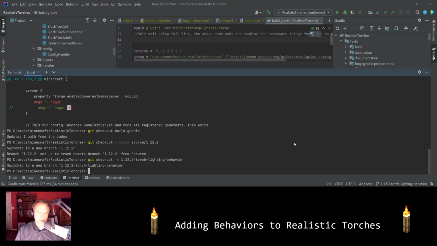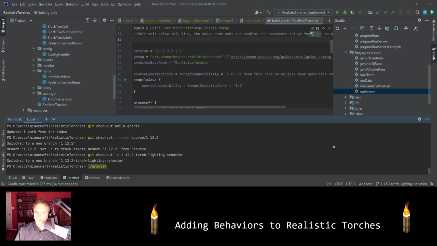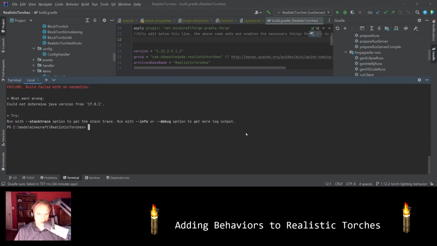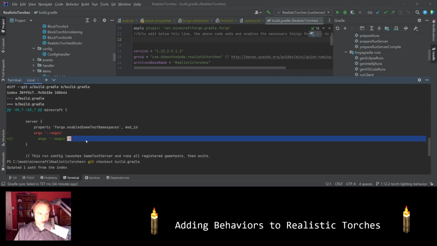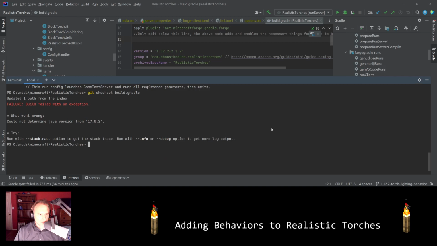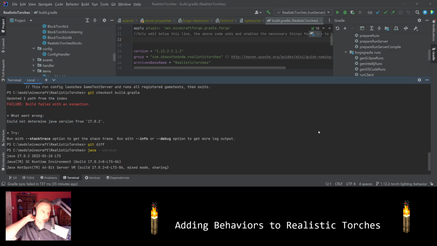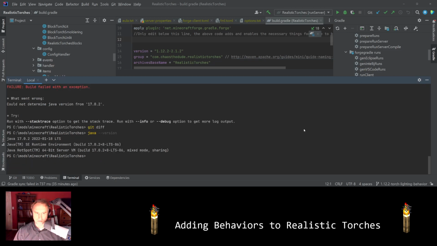Let's see. It's Gradle W. It's just run server. Yeah, same. So it's not the get diff. Yeah, nothing. Could not determine Java version. Okay, so what is a Java version? Ah, shoot. So I've got to switch it. Now I had it switched in the